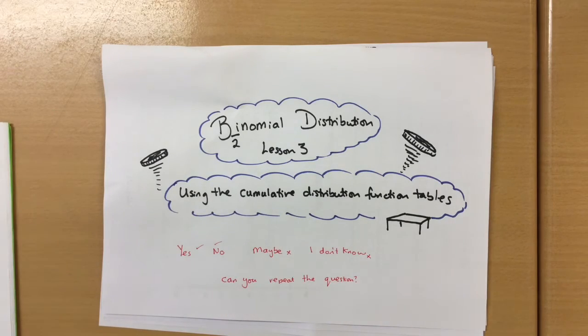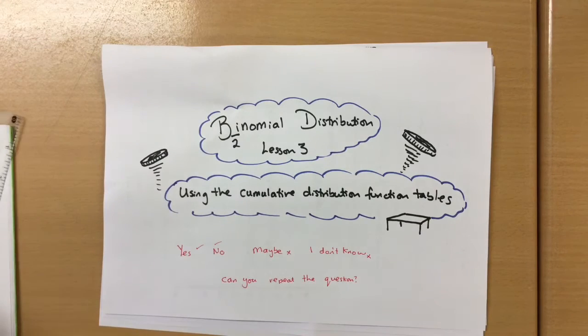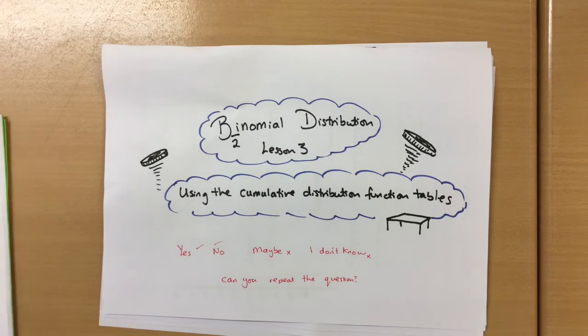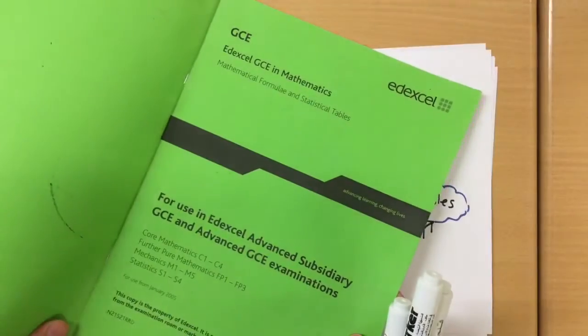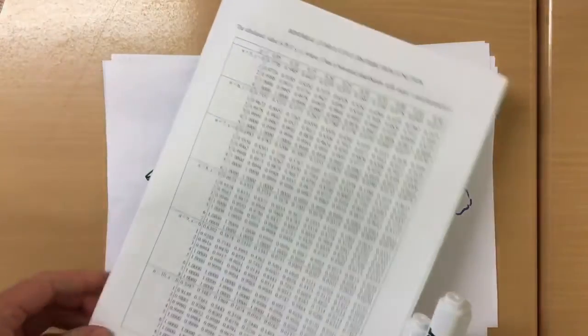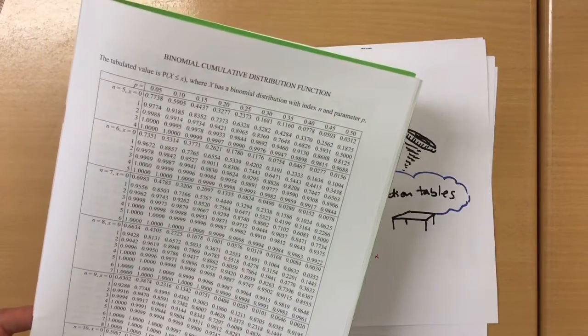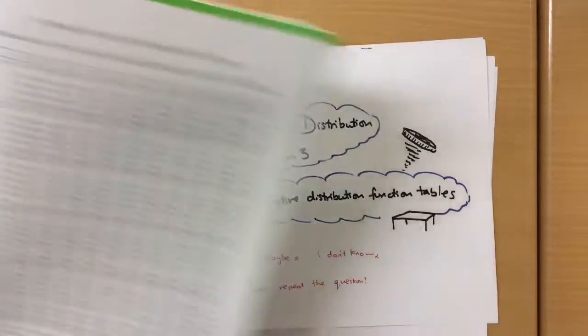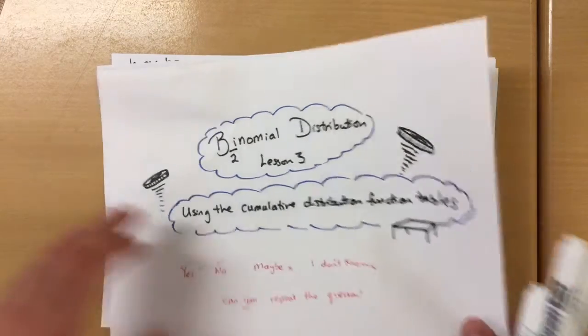Today we're going to be looking at using the cumulative distribution function tables. They're the ones you'll find in these beautiful green books, like the Edexcel one here, or often in the back of your textbook or even online. So make sure you have this handy from the start. Okay, just to warm up,